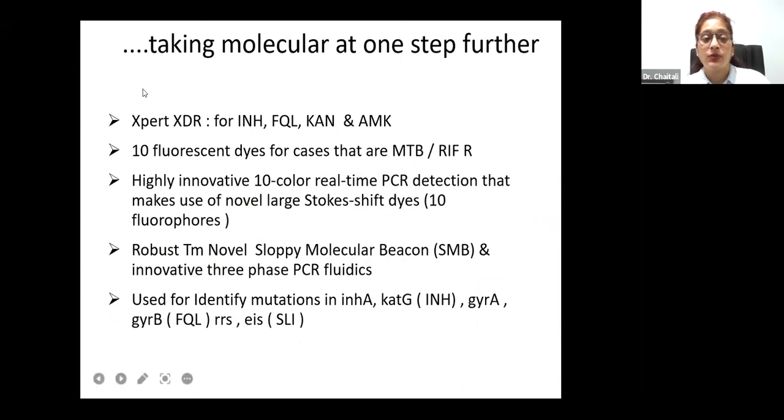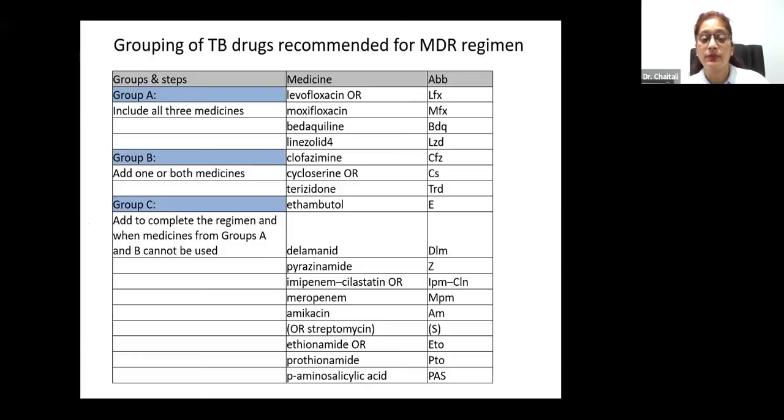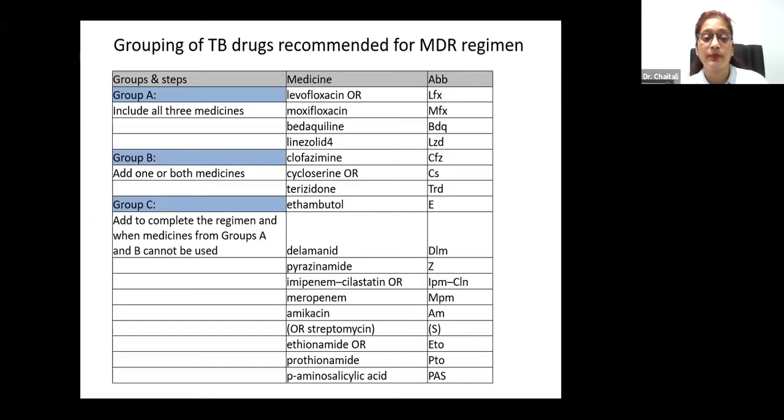So taking the molecular approach one step further, there is Xpert XDR, which detects mutations for isoniazid, fluoroquinolones, kanamycin, and amikacin, based on molecular beacon and a melting curve technology. Why do we need sequencing today? Here's the answer. The impact of the new definitions of DRTB, which have been changed recently, the issues with phenotypic DST,